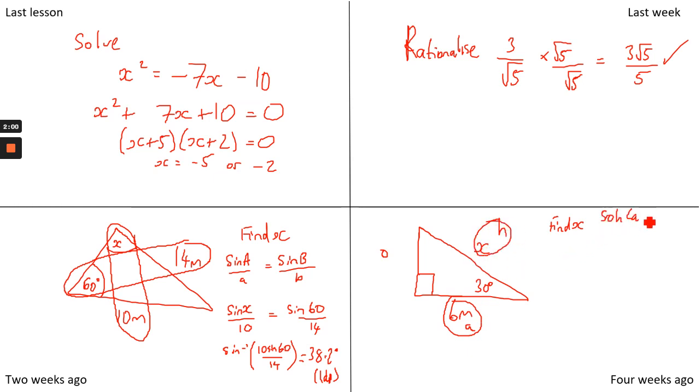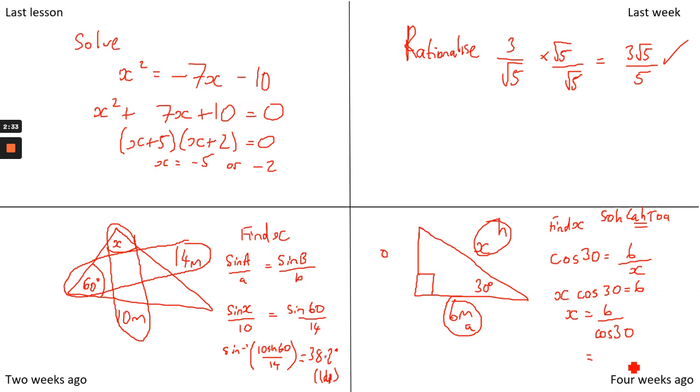So in SOHCAHTOA, it's going to be A and H. So I can say cos of my angle is equal to A divided by H. I just need to rearrange this. So if I multiply both sides by x, I've got x cos 30 equals 6. If I then divide both sides by cos 30, I've got x is equal to 6 divided by cos 30. If I type that into my calculator, 6 divided by cos 30